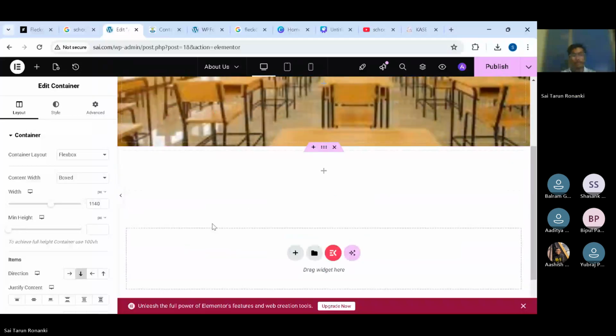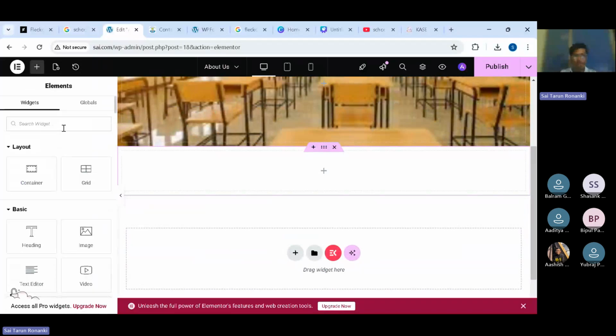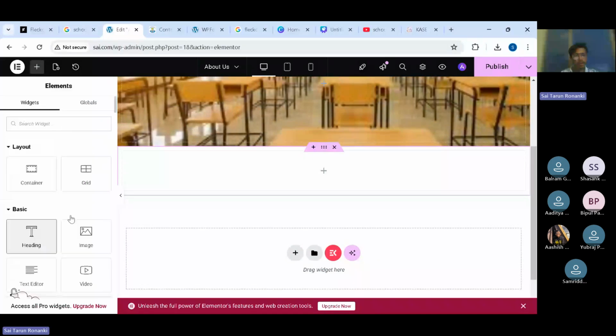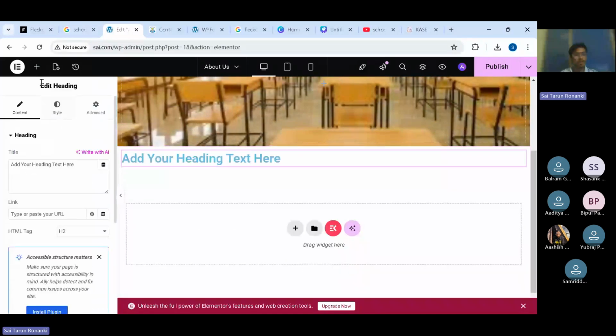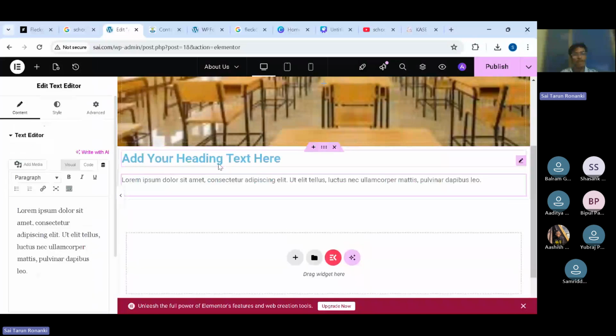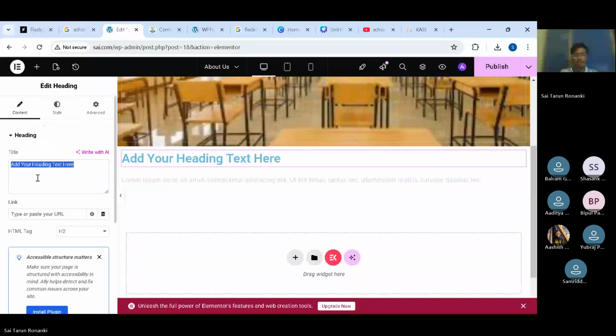Next one, here just add about school or directly the school. Sorry. Take a heading and add a text editor. In heading, keep the school